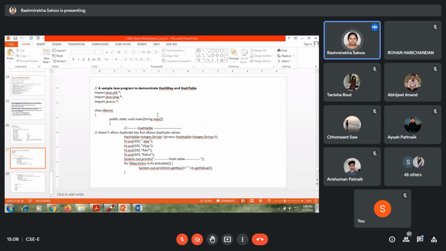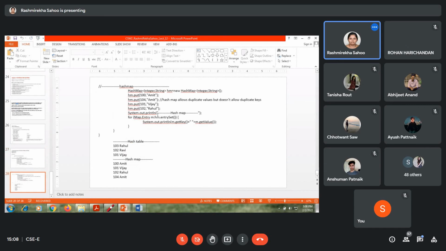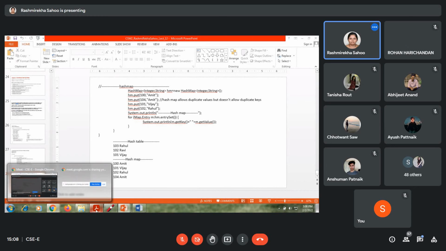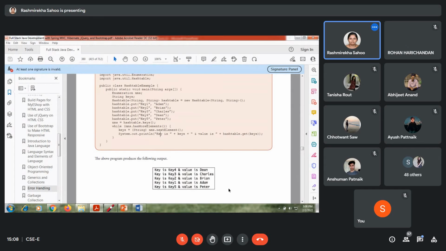Here the last one is 103, but it is coming at the beginning: 103, 102, 101. Hash table, but